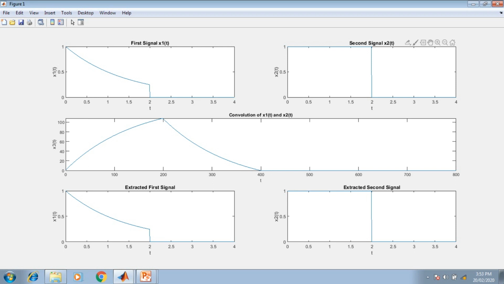The result of the convolution is into the middle row, the third and the fourth cell combined into the subplot here, and whereas after the deconvolution operation, the extracted first signal that has been represented into the fifth cell here, and the extracted second signal x2 of t is represented into the last and the sixth cell. So as you can see, both of the shapes resemble the original ones. So this is the successful convolution, and then the important one, deconvolution operation.